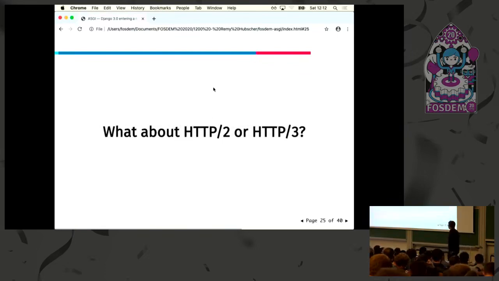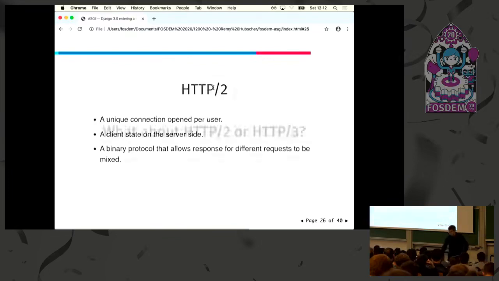And then you might have heard about HTTP2 or even HTTP3. And it's a bit the same thing. We have one unique connection opened by the user. And then the client can ask for multiple files, and we can answer them mixed. We can have chunks that are mixed.